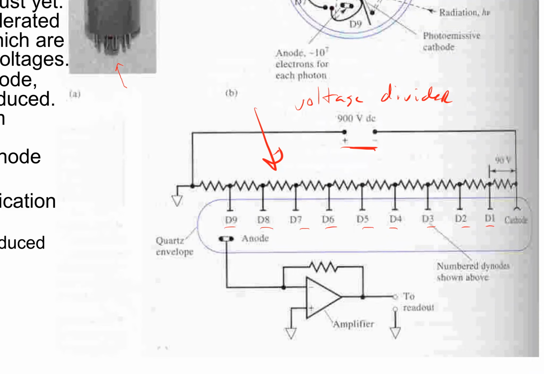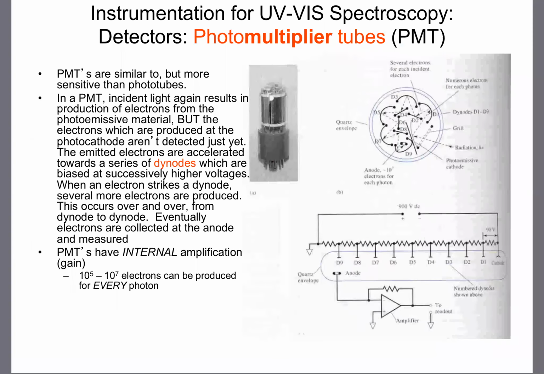So the last diode is basically the most positive point in the chain, and the first one, or the cathode, is really the most negative point in the chain. And each subsequent diode basically is more positive than the preceding one by a factor usually of like 1/10 in this case of the original voltage. Because each of these resistors, these little squigglies, are all meant to be resistors, and we make them basically all the same. So the voltage drops evenly between points over 10 different points. Okay, so that's the circuit that you would use to achieve this, so-called voltage divider, but very, very sensitive